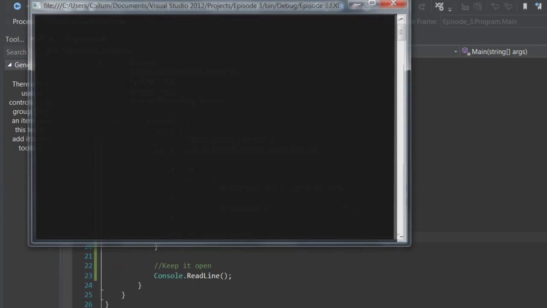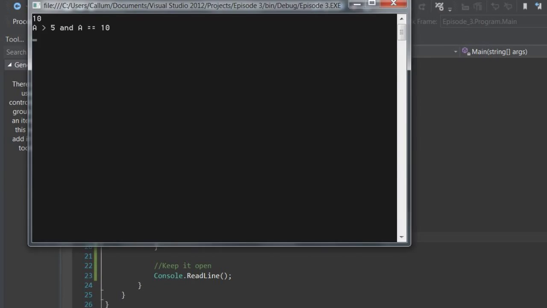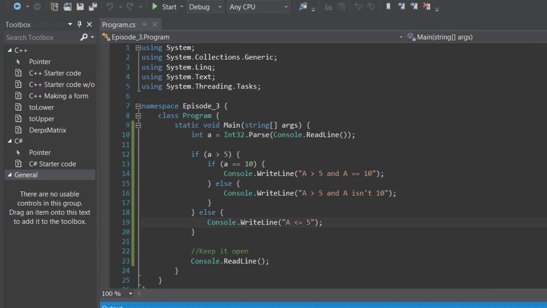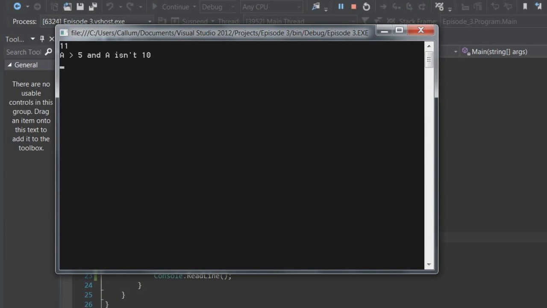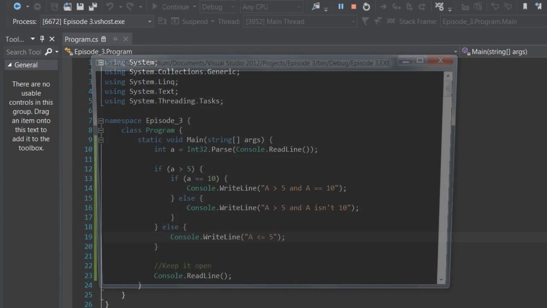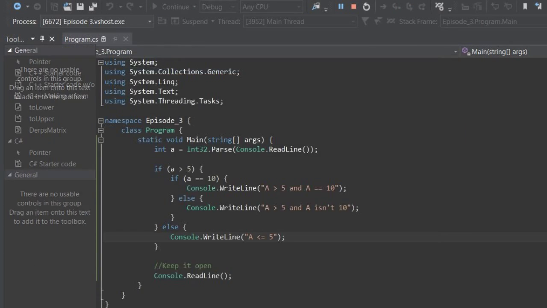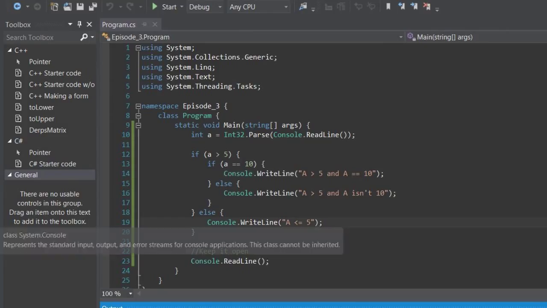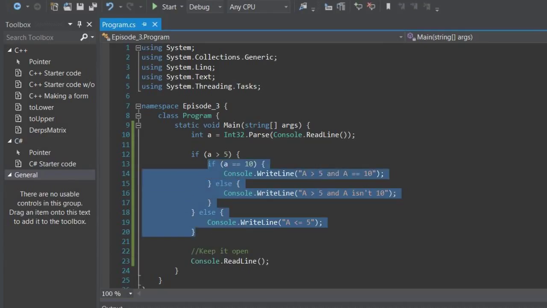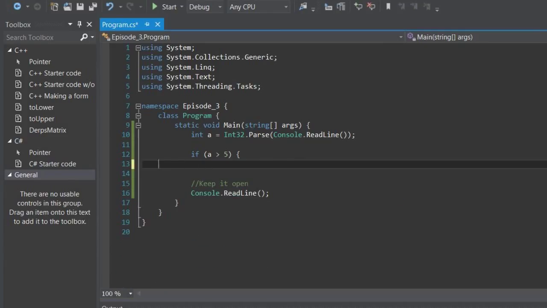So if I do 10, it says that. If I do 11, it says that. If I do 5, it says that. Also, if you're doing an if statement and there's only one